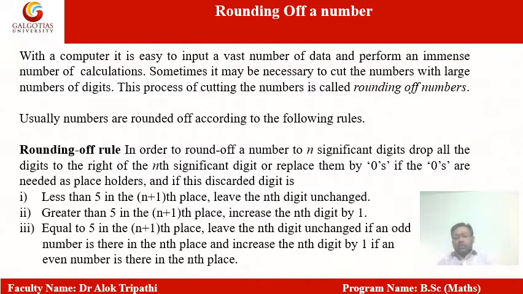First of all, see here, in order to round off a number to n significant digits, drop all the digits to the right of the nth significant digit or replace them by zeros if the zeros are needed as placeholders, and if this discarded digit is, now these are the rules, less than 5 in the n plus 1th place. Like suppose we have a number